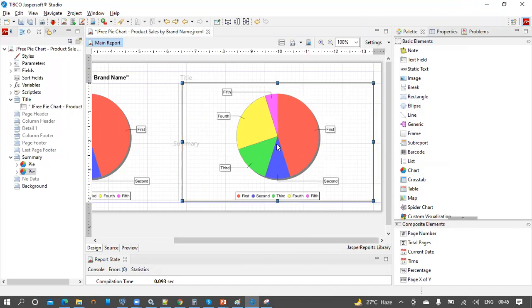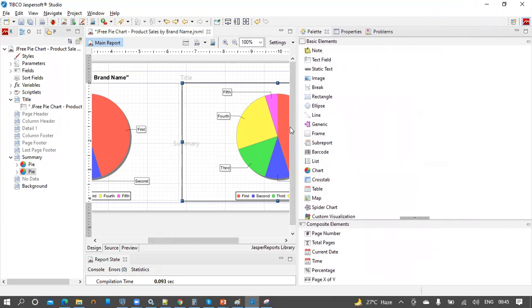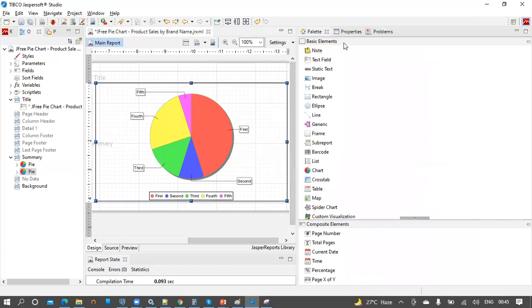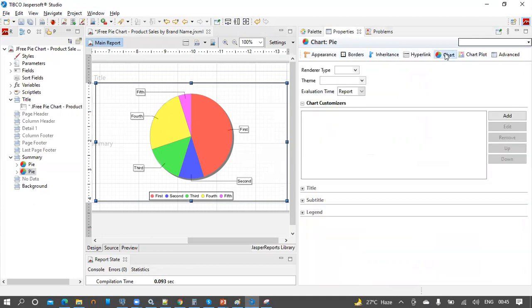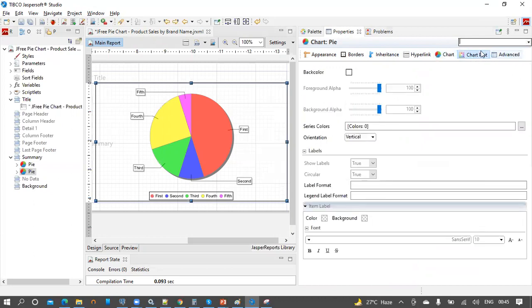For that, select the chart element, and as soon as we select it, we can see the corresponding properties of the chart. Along with the general properties, we can see the additional properties for the chart in the chart tab and in the chart plot tab. In the chart plot section, we can see the label format option under labels.